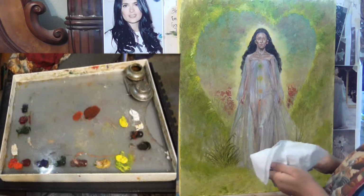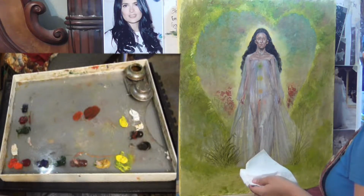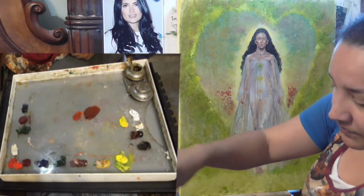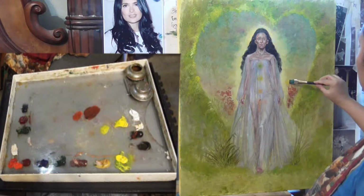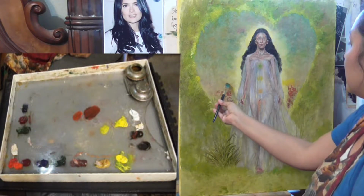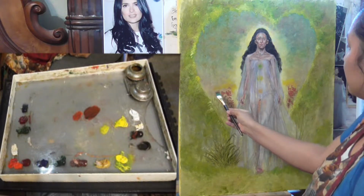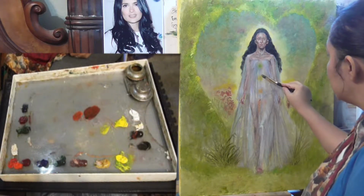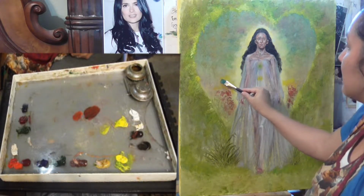Oh, I forgot that I broke this paintbrush. Okay, now I'm going to put some of that yellow on there. I have some yellow right here. So, some of that yellow. I'll put some of that yellow in here because it looks greenish and it's not green. And I forgot I was going to do that too with the breast. Just brushing